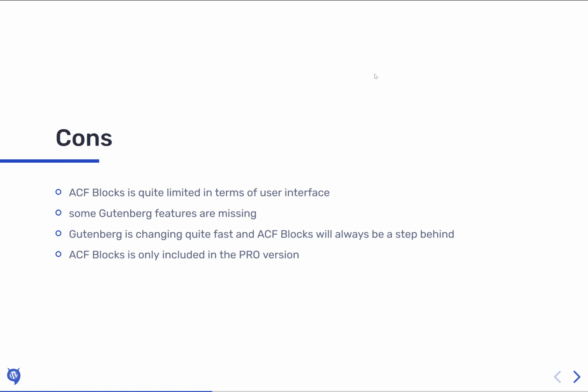But there is one problem. Gutenberg is changing really swiftly. I mean, when Gutenberg was created, we were talking about it being a content editor. Now we are talking that it will be a page builder. So yeah, it's evolving, and it's evolving very fast. And every library, every plugin will be a step behind, and maybe at some point,